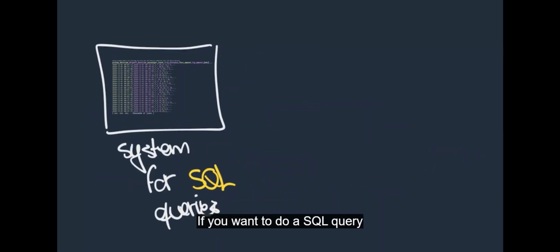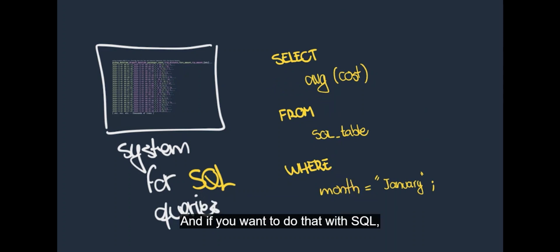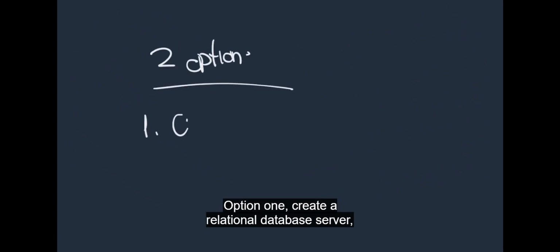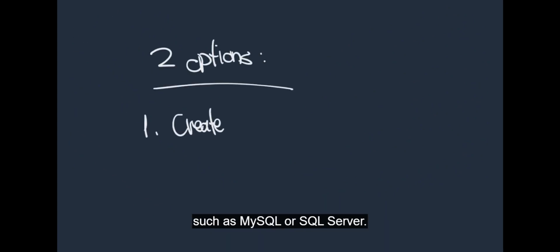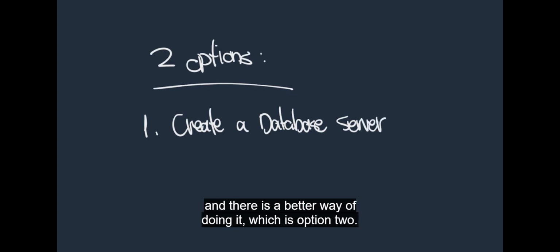If you want to do a SQL query based on the information of this file, such as select average of the cost of the taxi rides during the month of January, you can do a SQL query. And if you want to do that with SQL, you basically have two options. Option 1, create a relational database server, such as MySQL or SQL Server, import that data into a SQL table, and perform the query regularly. Which, although could do the job, it wouldn't scale very well, and there is a better way of doing it,